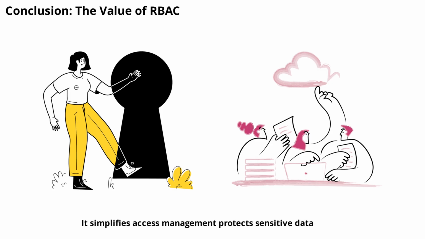In summary, RBAC is a cornerstone of HRIS security. It simplifies access management, protects sensitive data, and supports compliance. By understanding and implementing RBAC effectively, organizations can create a secure, efficient, and scalable HRIS environment that adapts to changing